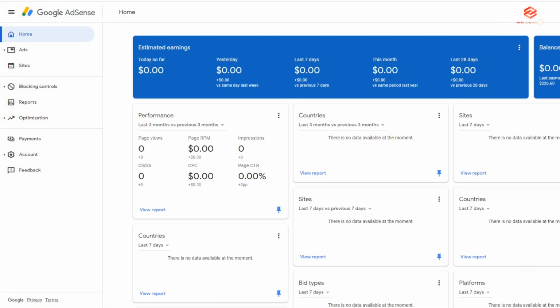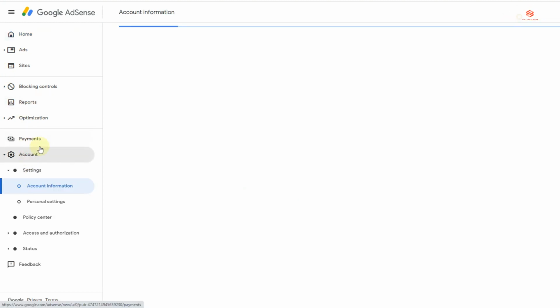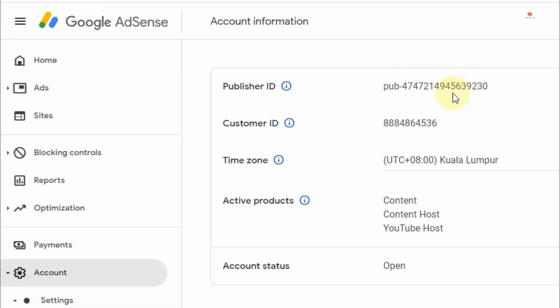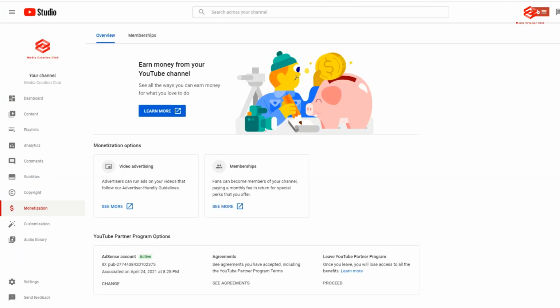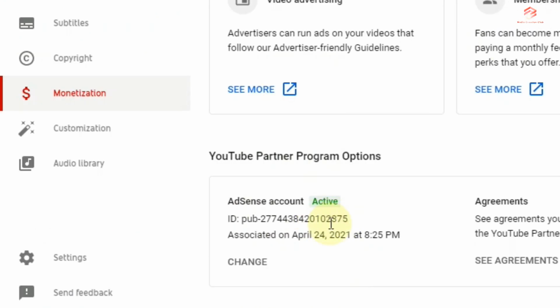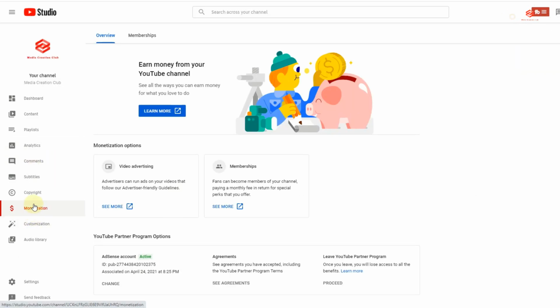This one is my previous AdSense. Then you can see here the publisher ID. The publisher ID ends with 230. And now I changed this one, the new AdSense is connected, ending with 375. So our AdSense is already approved without affecting the monetization.